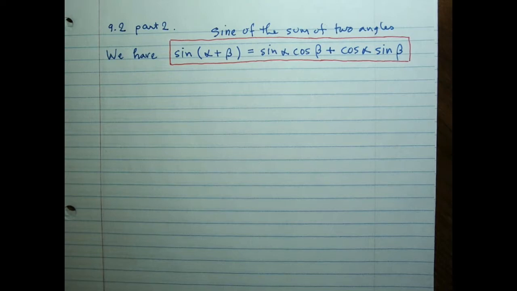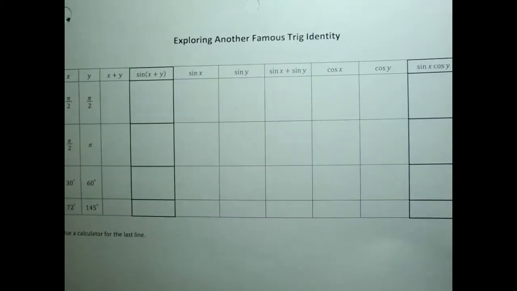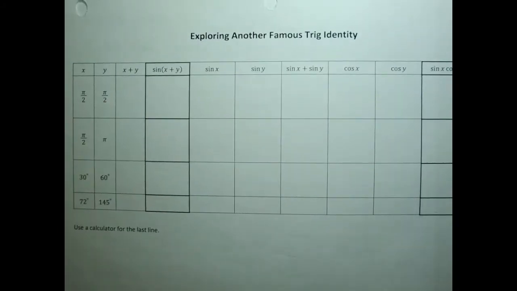What we're going to do in part 2 is derive a few more of these sum and difference identities. They're all related to sine of alpha plus beta, and they can all be derived from sine of alpha plus beta. But before we do that, I just want to flash on the screen here. There's this other sheet posted on Canvas, exploring another trig identity, which is all about the sine of the sum identity, and it's just meant to be something to kind of